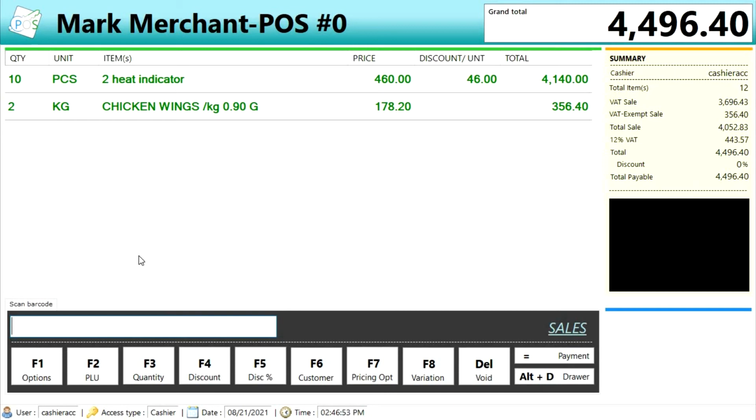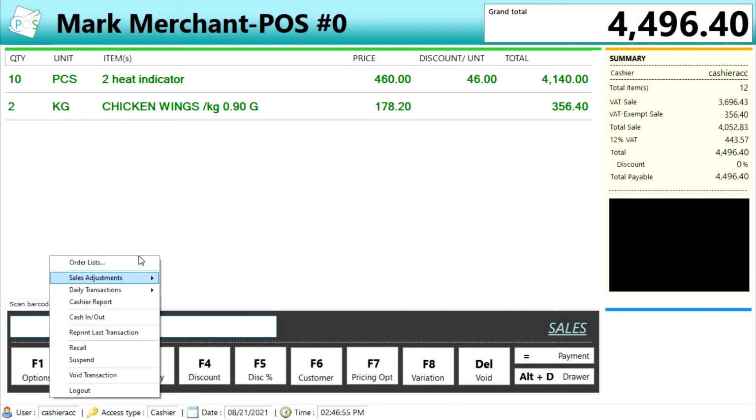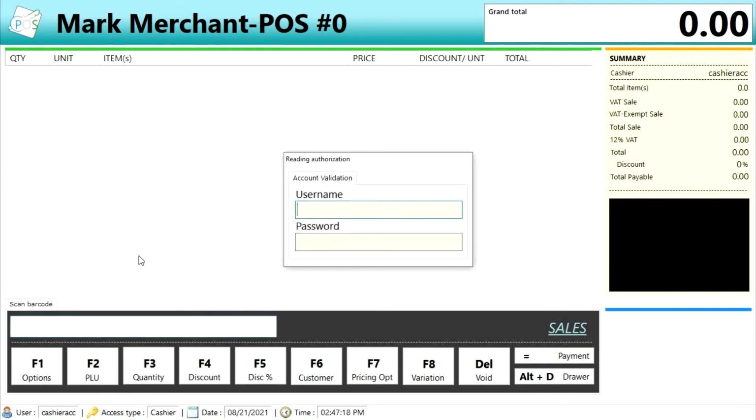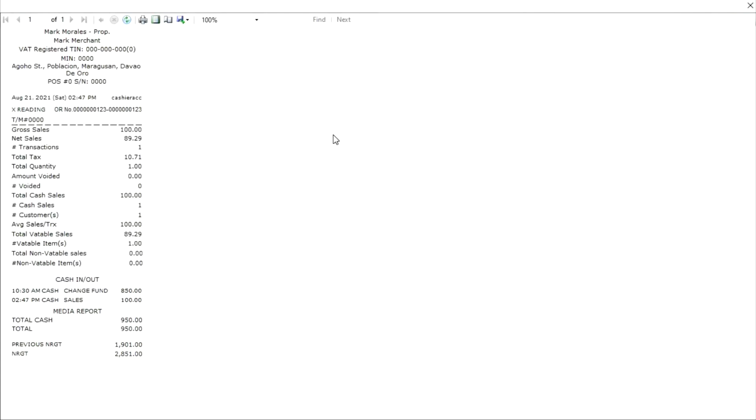Next is the daily transaction with reading X and Y function, or the end of the day transaction. This applies every end of the day and prints the X reading and the Y reading. To print the reading, select it and enter the administrator account. The reading reports include date of reading, cashier name, OR number from start of the day to end of the